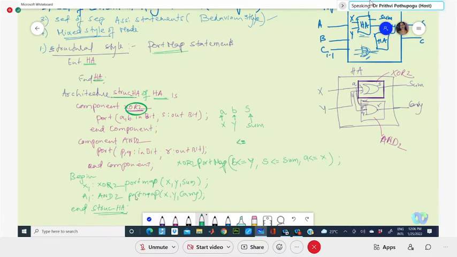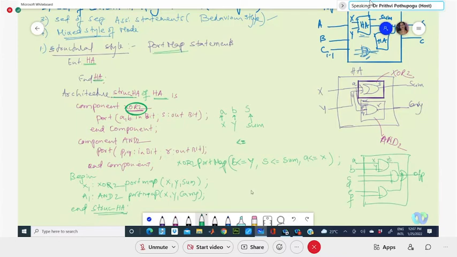For the port mappings you are doing, however many components you are using, that many port map statements will be taken. Say a design is there where you are using AND gates 4 times, and an OR gate is there. Say this is the output, with inputs A, B, C, D, E, F. Now say X, Y, Z is the component.